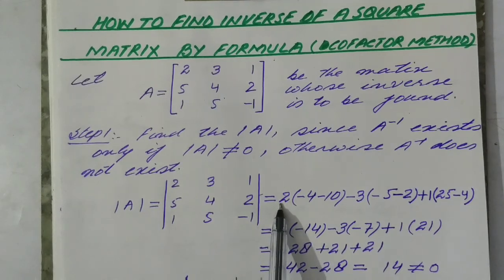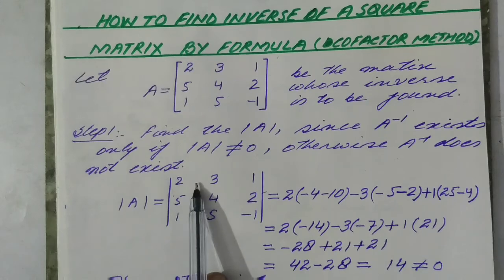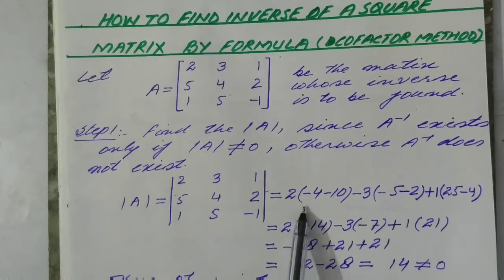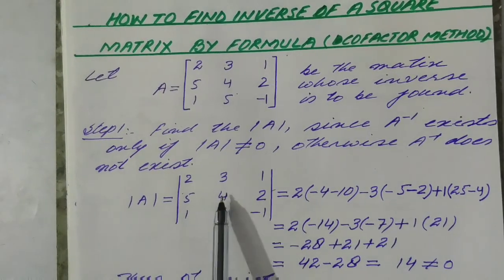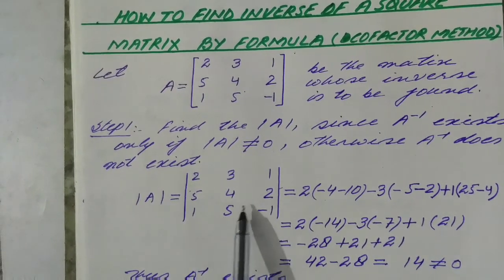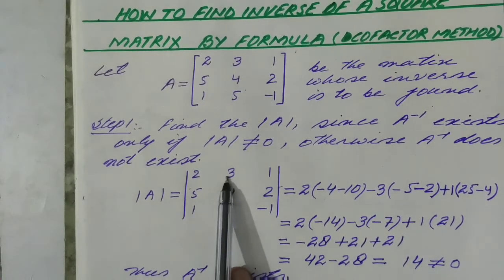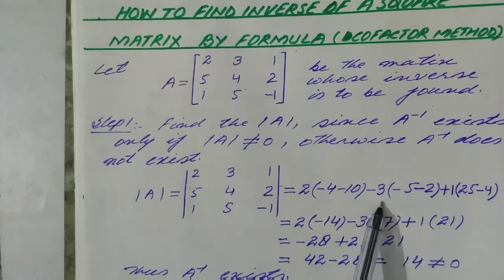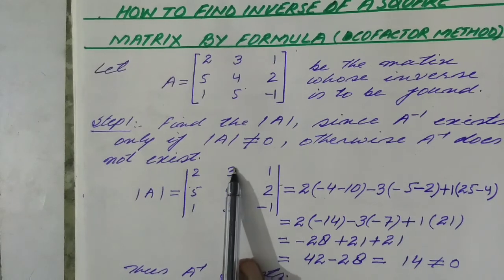We write the first element of the first row, then the row and the column in which this element lies are eliminated in mind, and the rest of the 4 elements are cross multiplied and a minus sign is put between them. So we have 4 minus 10. Then the next element is to be taken with a negative sign